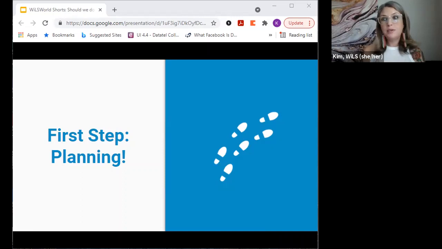You have that information in front of you and you're able to utilize it in program planning and advocacy, and in making sure that things are going the way you would hope by rolling out an initiative.